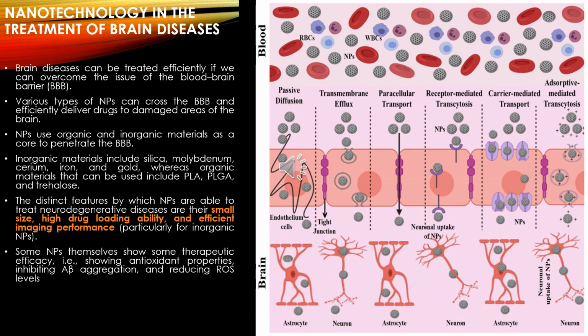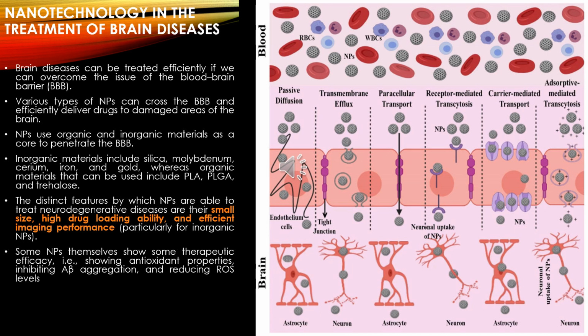into the target cell. The distinctive features of these nanoparticles are able to treat several neurodegenerative diseases because of their unique nature. It can easily penetrate the cell membrane, that is the blood-brain barrier, and it can effectively work on the target site. There will be a slow and sustained release of the drugs. Some nanoparticles by themselves have some therapeutic effect. For example, antioxidant activity. So they reduce the ROS levels and help in the faster recovery of the particular tissues while undergoing treatment.